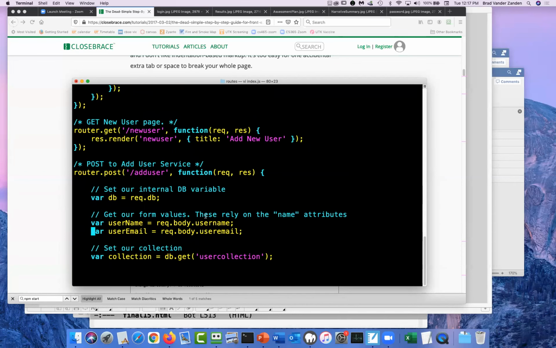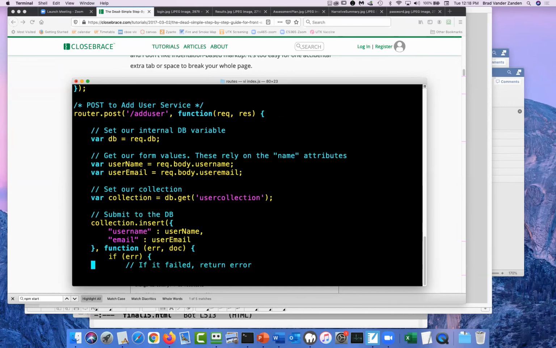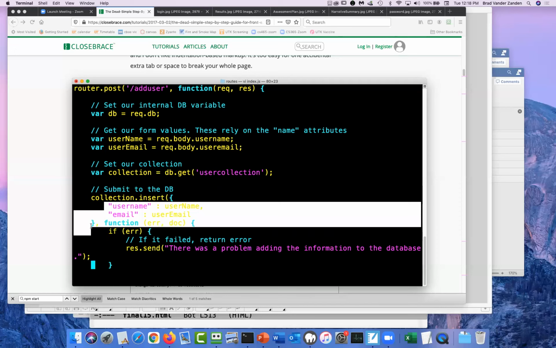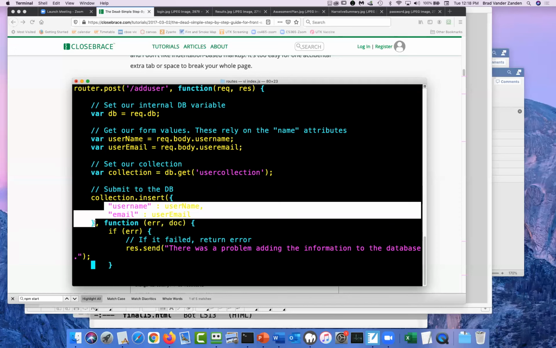So again, there's middleware that is basically bundling up that form data and putting it into the request object for us, and in particular in this body object, so that we can access the form data. Again, we get our user collection and we do an insert that looks a lot like the insert you see with MongoDB.